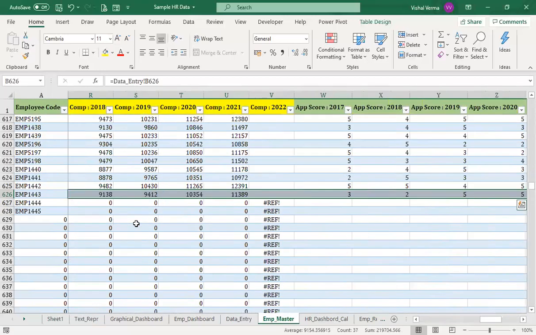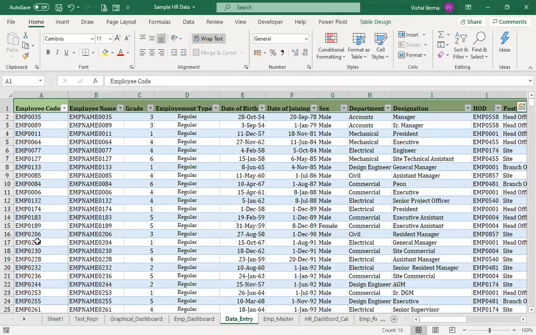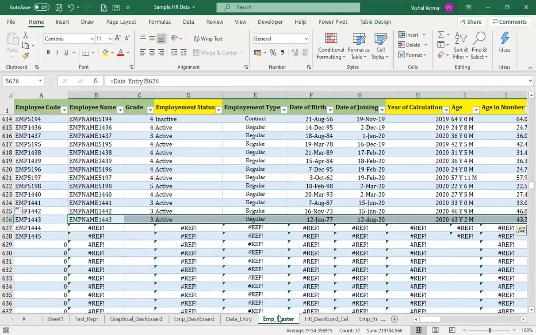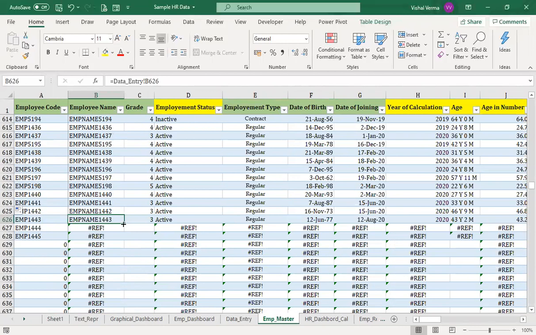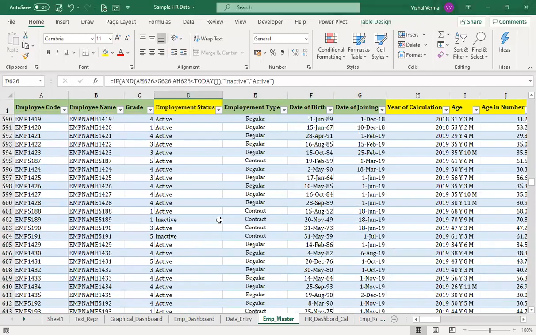This employee master is basically the data that it will be capturing from different sources. You see here that the new employee numbers that we have entered, that is 1444 and 1555, actually get entered into our employee master database. That is the benefit of that. So we have got these different numbers. We need to enter the grade and everything, and that will be going into the master database. In the next section we will be working on the employee master database and do some basic calculation to move forward.